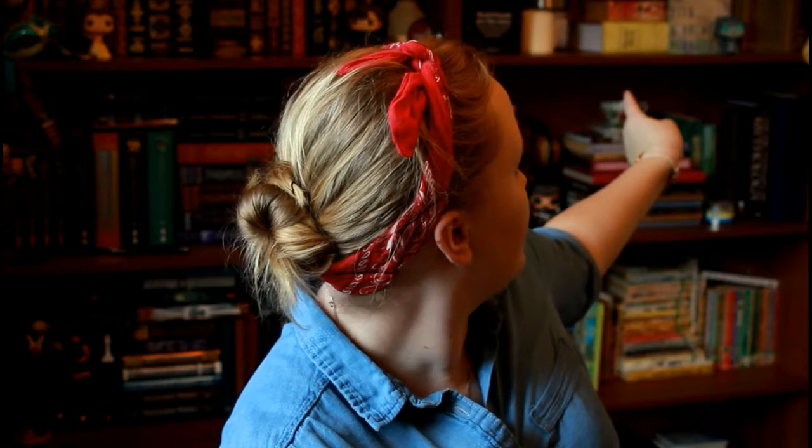I had a jar, and I'm not sure if you guys are going to be able to see it, but it's underneath one of the mugs on that shelf right over there. And I have little pieces of paper in there so that when I needed a new book, I would pull one out and I would read that book, because I have a lot of books on my shelf that need to be read. And so that was the next one on the agenda, so to say. So yeah, I've been loving Life of Pi, and I can't wait to see how it ends. And I'm pretty sure that after I'm done reading it, I will watch the movie, so we'll see how that